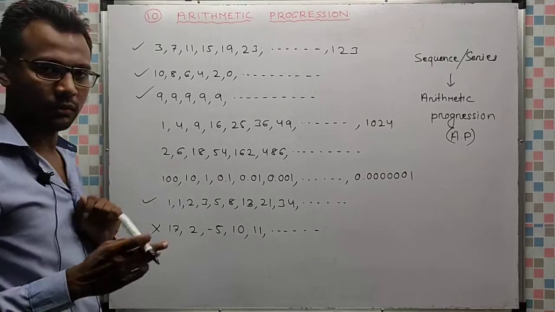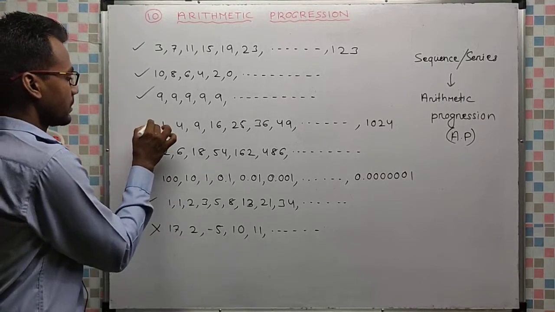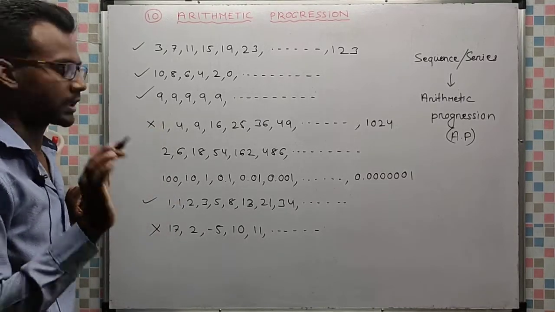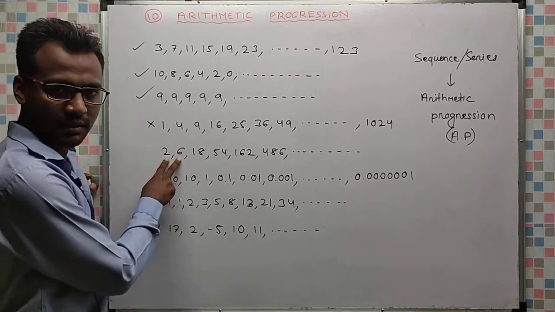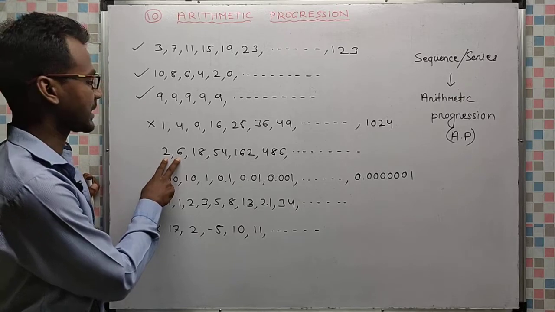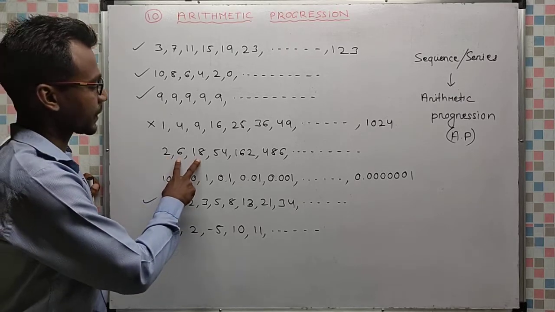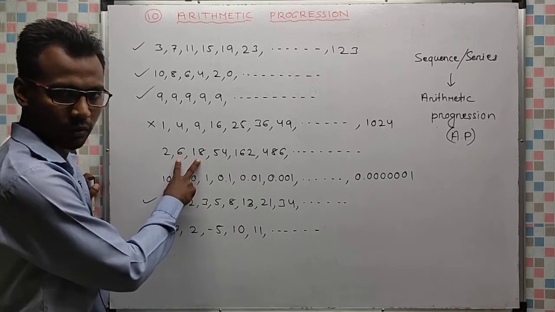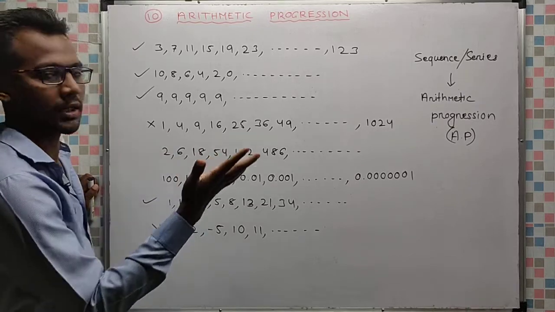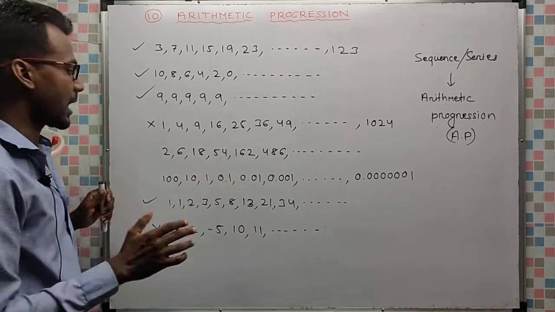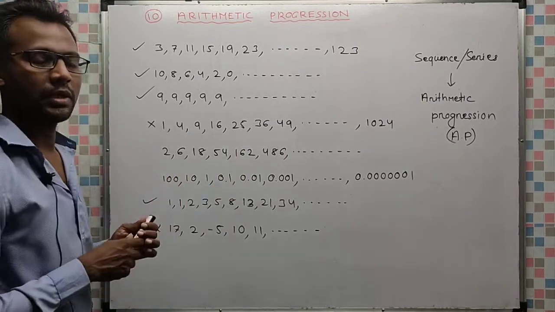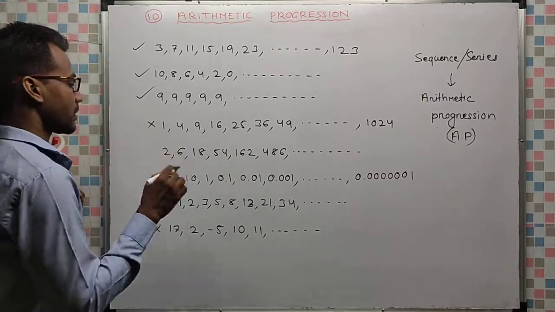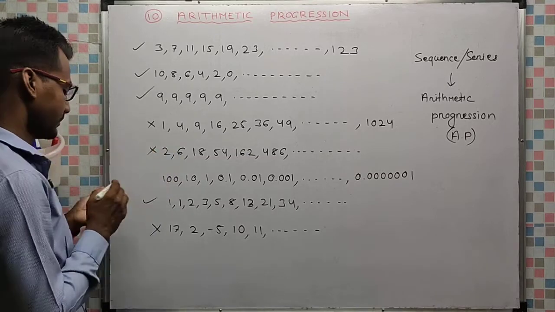So although it is a sequence, it is not an AP. Okay? It is not an AP. Now see this one. Difference is 4. Okay? 6 minus 2 is 4. Difference is 12. Not 4. Not same. So this is also not an AP. It is a sequence. I have written these numbers following a certain rule. Multiply by 3. Okay? But it is not an AP. It is a sequence but not an AP.